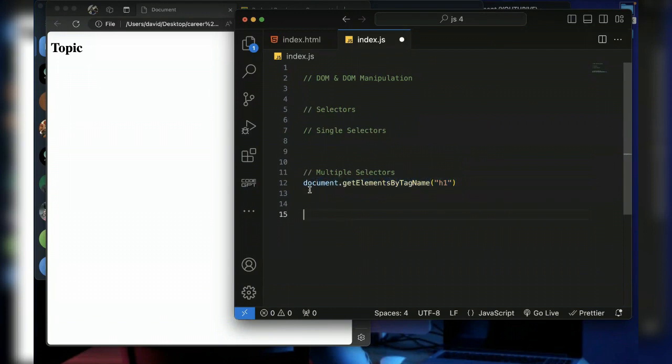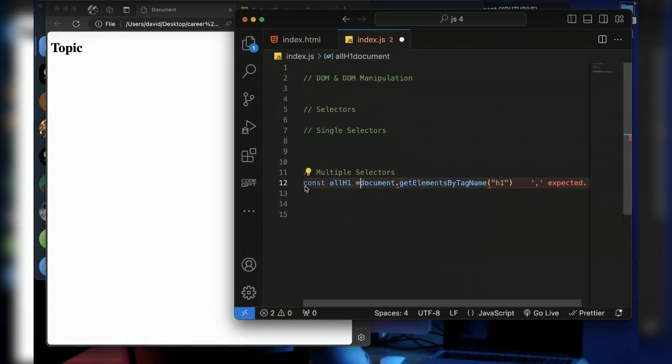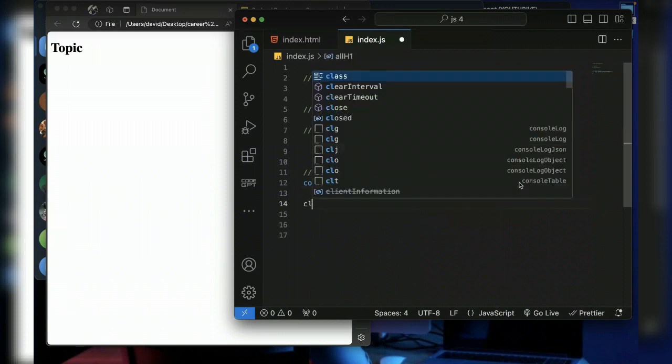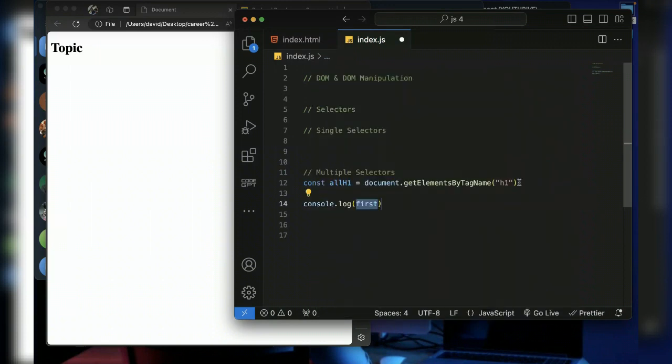And in order to see that, we can store this inside a variable and say allH1. So what we are doing is selecting all of the H1 tags by their tag name, and we are storing it inside a variable called allH1, and we can console log this if we want. allH1, and save.